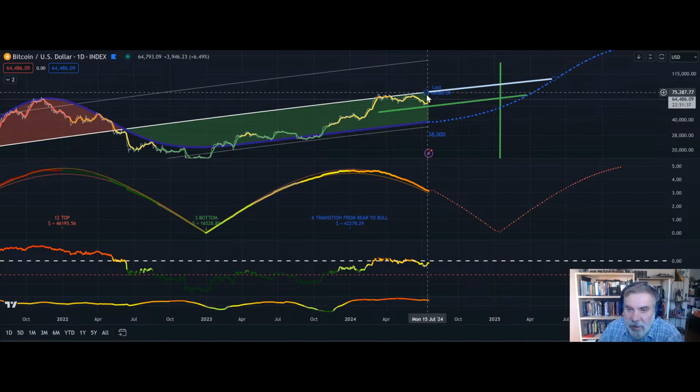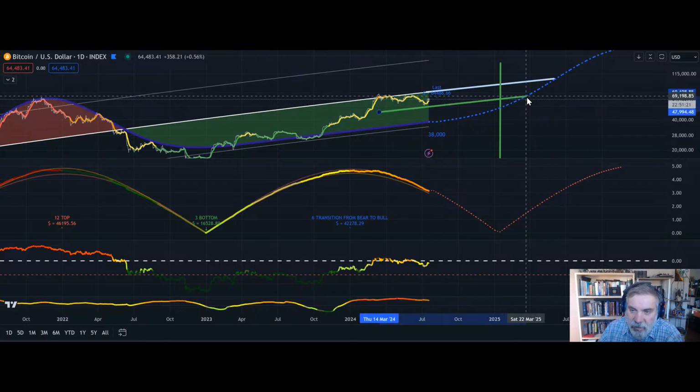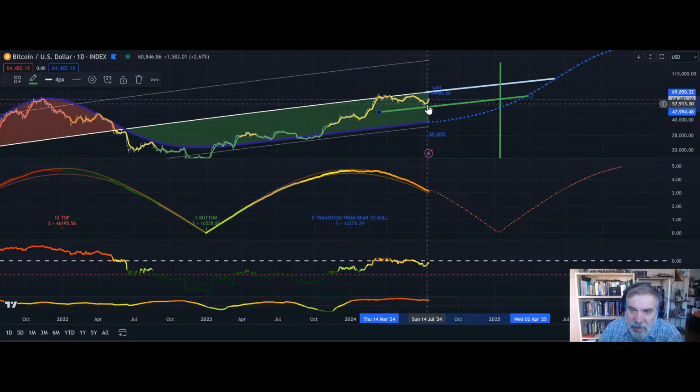So 91 if we stay close to the upper top, and 66, not much different from now, if we move along this line, that is basically the bottom. I took the bottom and extended it roughly in a parallel fashion, and say that we stick to the equivalent of that bottom and we oscillate. It could be anything between this range, then we will be around 66. That is more than the bottom, which was 55. We still gain $1,000 in a few months, but